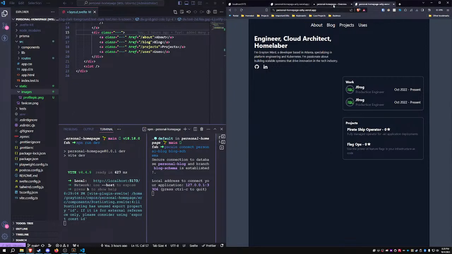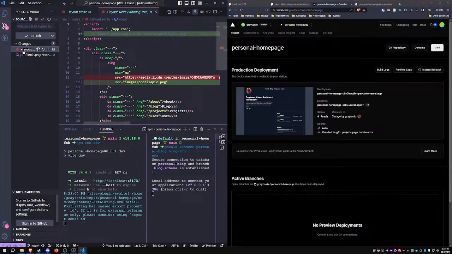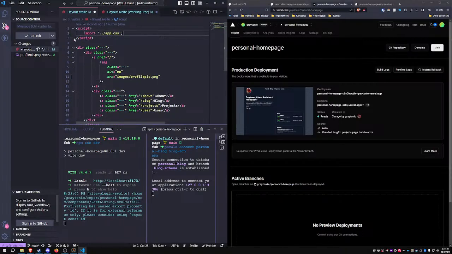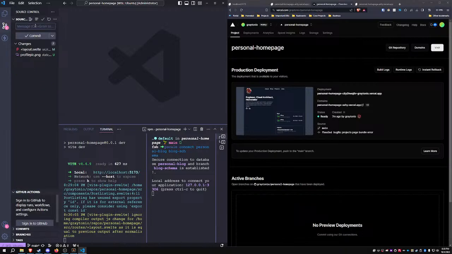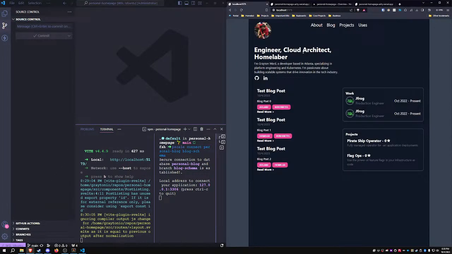That's all good. So I can update this now to pull the static image. Bug fix, bundle profile pic, sync that up. So now that I've taken care of a lot of those, the next thing that I think I need to tackle